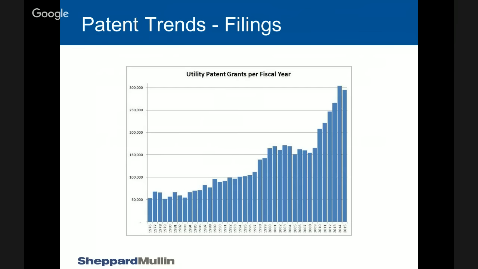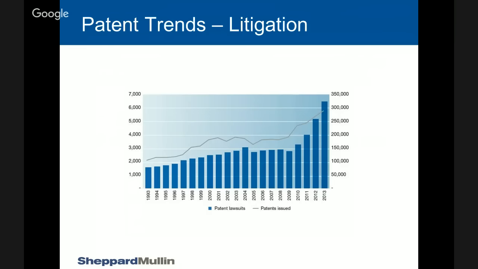Just to give you a sense, people kind of question patents, and are people still filing patents? Here's a chart that shows over the last 30 years or so the number of patents that have been granted in the U.S. You can see that back in '76, it was about 50,000 a year, and the last 2 years we're right around 300,000. So a six-fold increase in that time period. And you can see particularly from about 2009 on, there's an exponential rise in the number of patents. If you overlay that on top of the number of patent litigations, you can see from this slide the number of lawsuits filed has also risen as more patents are issued.